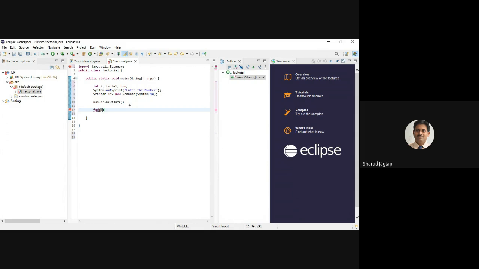So for that I have defined the variable i here. Okay, for i equal to 1, i is less than num that we have entered, and i plus plus. Okay, in the curly brackets we can write our logic. The logic is